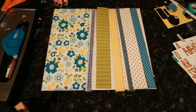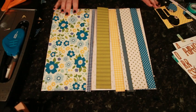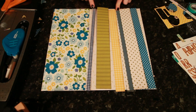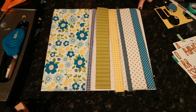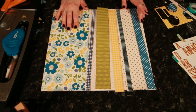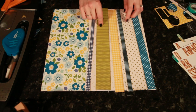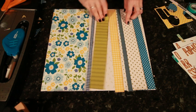I found a few more pieces that would coordinate, but I didn't find anything that would bring in the pink. So I'm just going to put the pink aside for the moment and work with this color palette. Two of these are branding strips from the sides. One of them was the background that I was using, and one was at the side of my trimmer. And then some green, some yellow, and these two greens are the A and B side